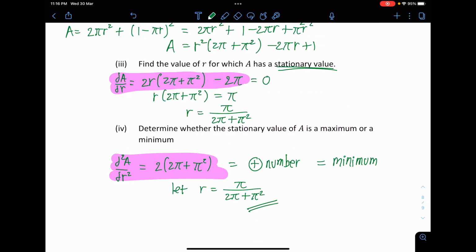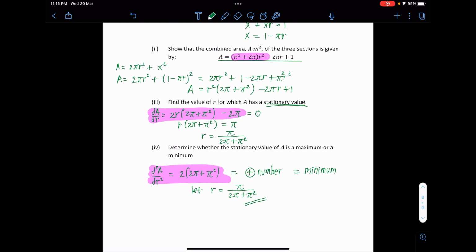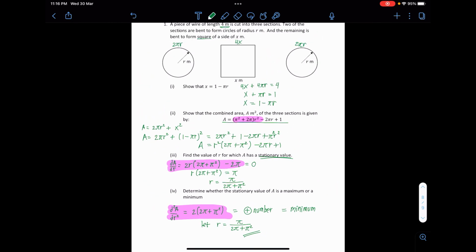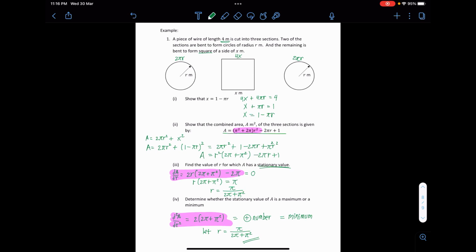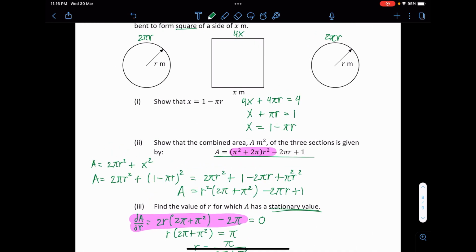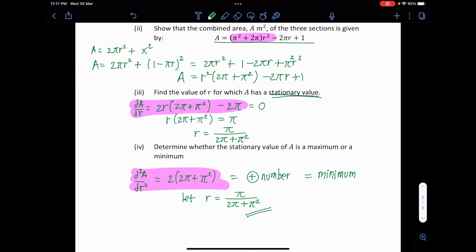Alright, so I hope it's actually very clear for these chapters. Okay, I only give you one example for maxima minima, but basically it's not that difficult. It's just differentiate once or twice. Okay, maybe you just need to be careful in the story question, the show part. Okay, getting the area formula, everything like that. It tends to be a bit more complicated. Okay, the differentiation is quite monotonous. What you need to do is quite simple. Okay, so yeah, I hope it's clear again.